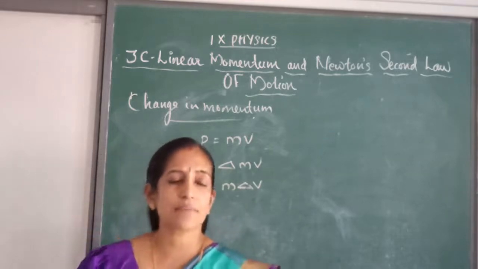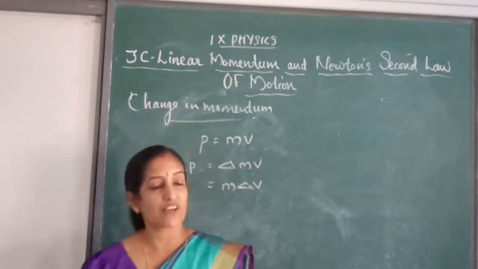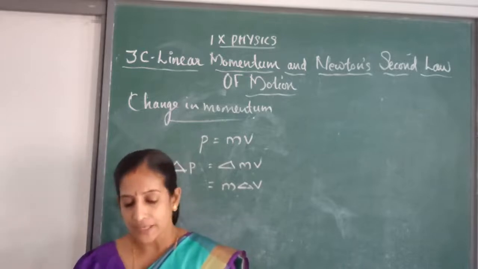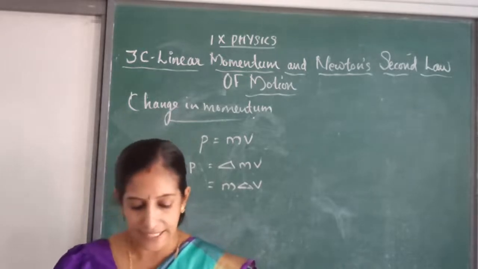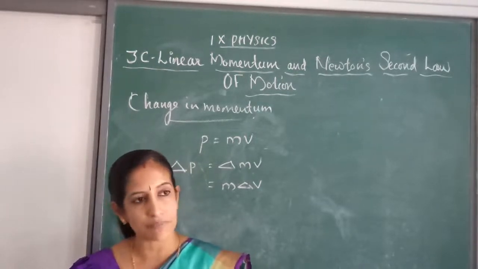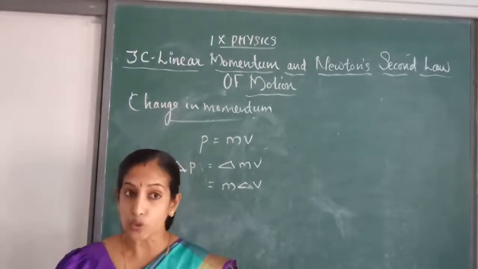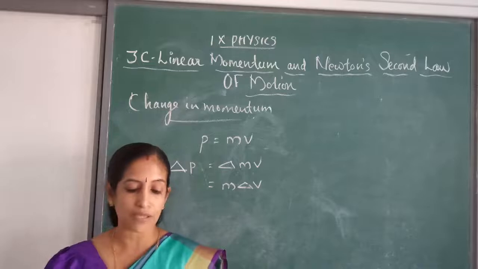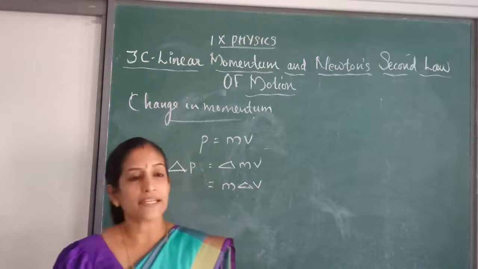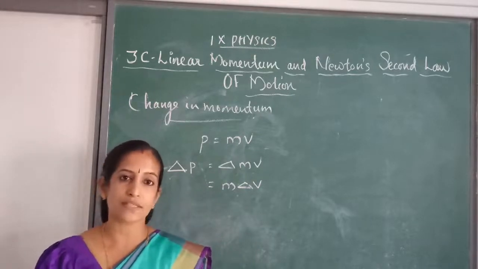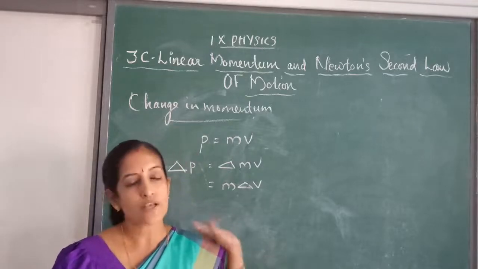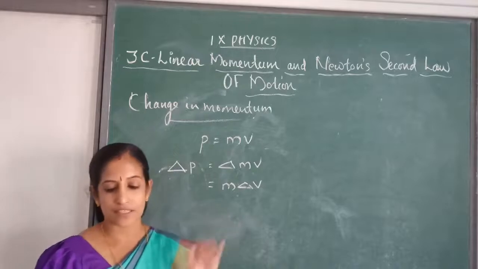Okay. And some atomic particles move with a velocity comparable to the velocity of light. You know the velocity of light is 3 into 10 raised to 8 meter per second. For them, the mass is not a constant. That is, their momentum changes through mass also. Which particles? Atomic particles moving with a velocity comparable to the velocity of light. For them, m is not a constant. It increases with increasing velocity. So their mass is increasing with the increasing velocity. That is a special case. I mentioned special case 50 times. So that is the special case we discussed over here.